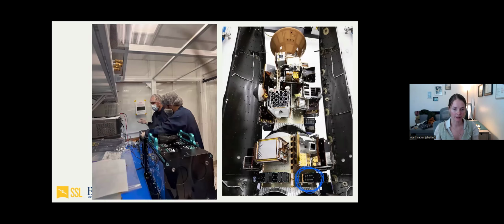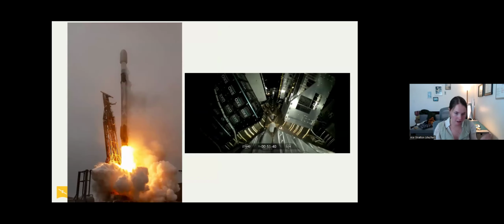So then a couple hours later, you take it and you pack it up and you drive it all the way down to Vandenberg. You get to attach it to a rocket. So there's PADRE there in the bottom right corner. And then you get to launch it and it goes into space. And when it's in space, you get the same YouTube view you guys get. I hate to tell you, you don't get any special extra privilege. You just have to watch the same YouTube stream that everyone else can look up on YouTube. And you just really, really hope that 20 minutes later you get to see your spacecraft leave the rocket. And it did.